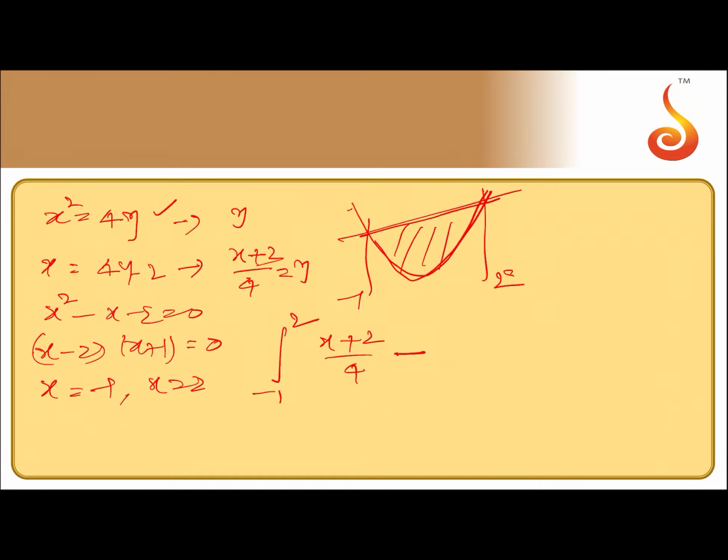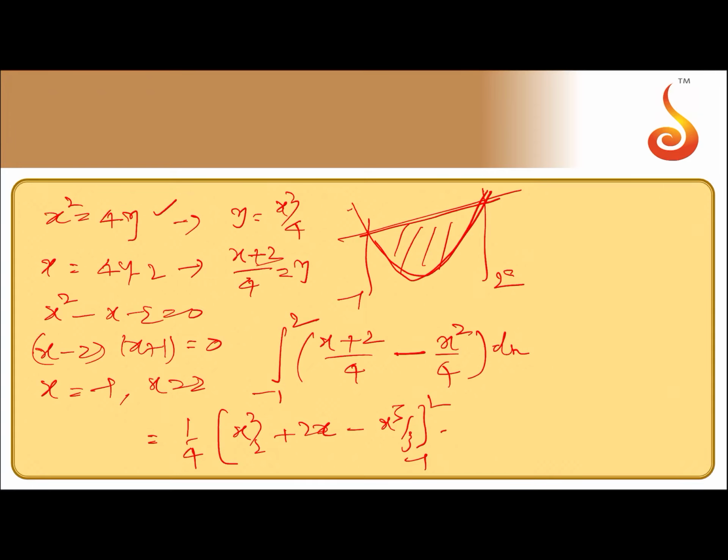From this curve you'll get y is equal to x square by 4, so x square by 4 dx. 1 by 4 taken common, and simplifying it to 1 by 4 times x square by 2 plus 2x minus x cube by 3, limits from minus 1 to 2. By substituting this value and simplifying, you get the required answer. So let me check the value once. 1 by 4 times, when you substitute 2, 4 by 2 is 2, and 2 2s are 4, minus 8 by 3,